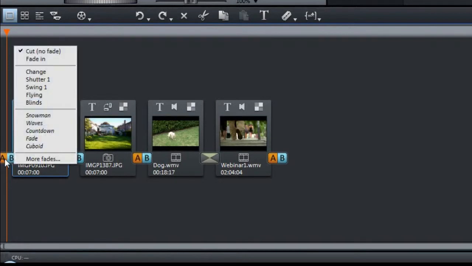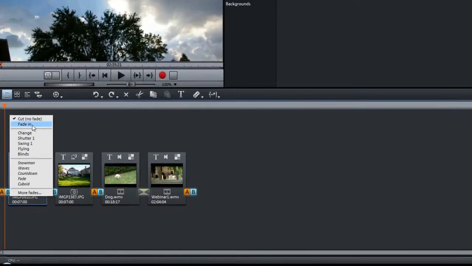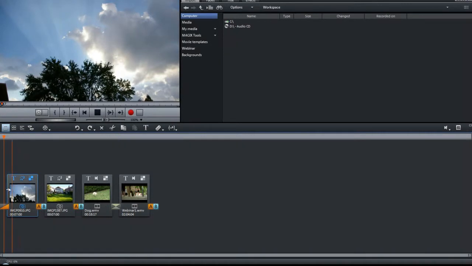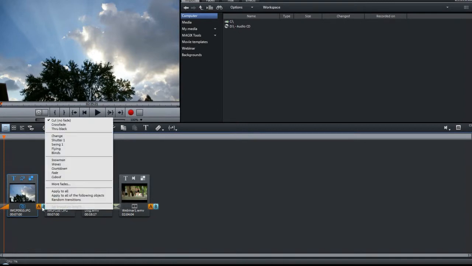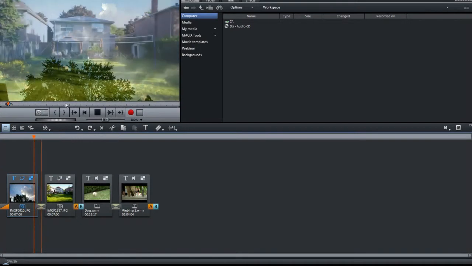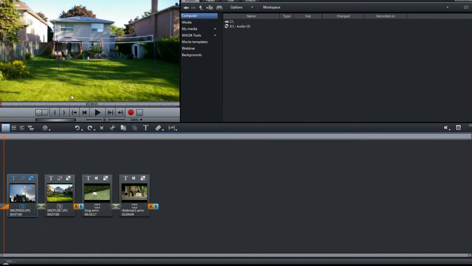If I click on the AB, I can choose fade in, and you can see it quickly faded in from the black background to the image. Now going from this image to this image, I can also do a fade. Here I can do, let's say, a crossfade, so I fade from one image to the next. This is the simplistic type of fade that you can use within the program, but there are more sophisticated